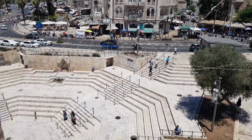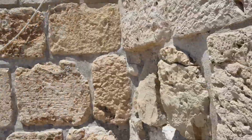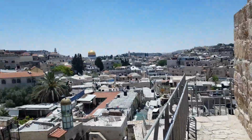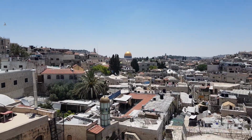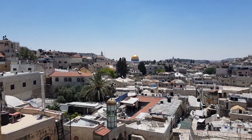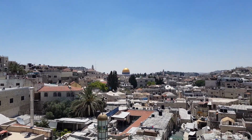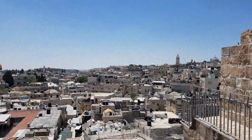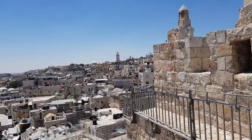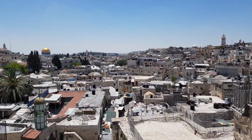Damascus Gate, which is down there, I'm afraid, if you look at it. And it's a Ramparts tour. What we can see from here is the Dome of the Rock, the site of the Jewish temple. A little bit there, you can see the Mount of Olives, but look how beautiful is the valley. And four quarters. That is not a tour that explains everything about it, but I want you to see how